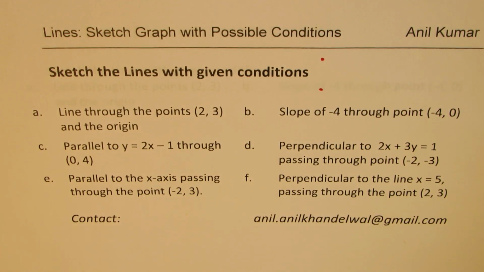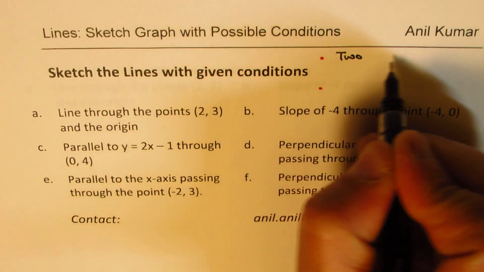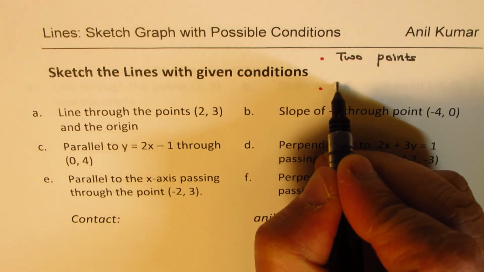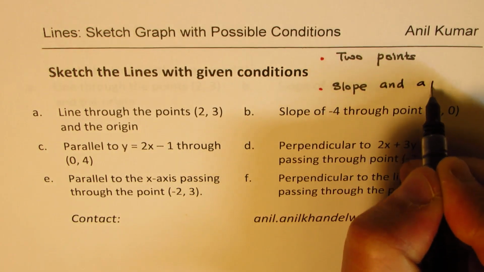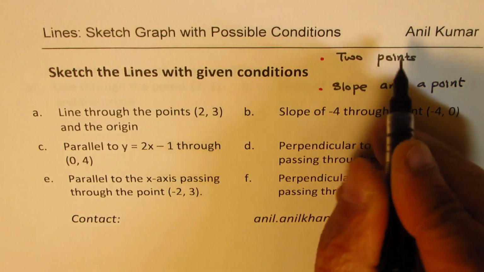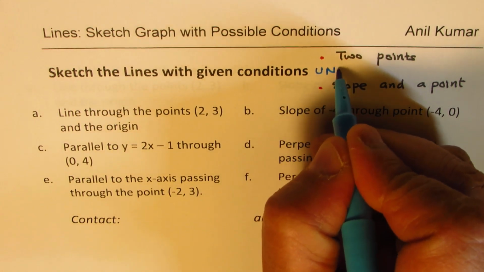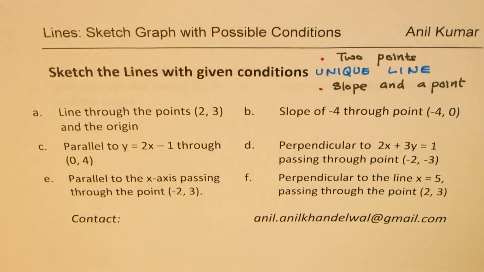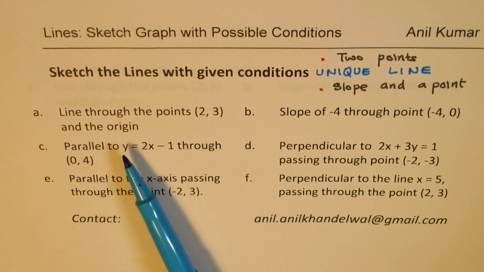One is that we are given 2 points. The other thing is we are given slope and a point. Now these two things uniquely define a line, right? So that is how we get a unique line. Correct. So in these examples, you will notice that we have given you 2 points or we have given you